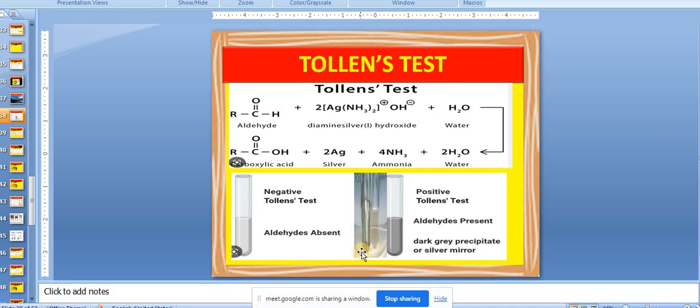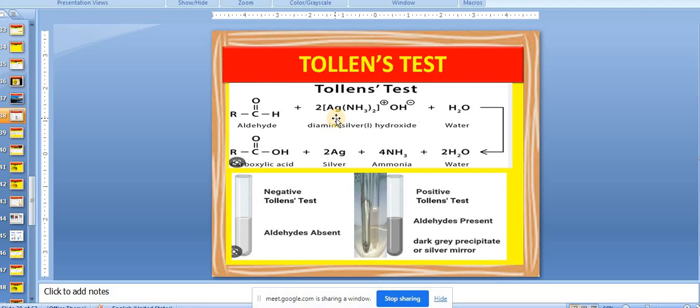Actually, the test is coming like this. Very easily the test can come. Aldehydes react with Tollen's reagent, which is basically ammoniacal solution of silver nitrate. Once ammonium hydroxide and silver nitrate react, this complex is formed, known as diamine silver complex. When diamine silver complex reacts with aldehyde, this is an oxidizing agent. Tollen's reagent is an oxidizing agent, but weak. So it weakly oxidizes aldehyde to carboxylic acid, and silver mirror is formed. Now, can anyone tell me what is the valency of silver in Tollen's reagent?